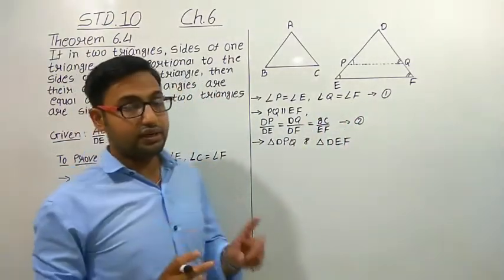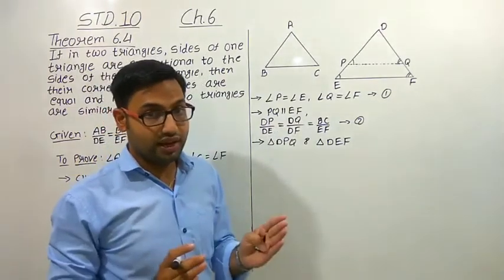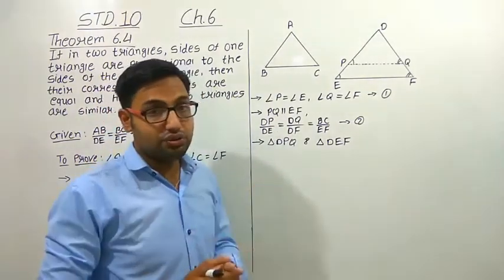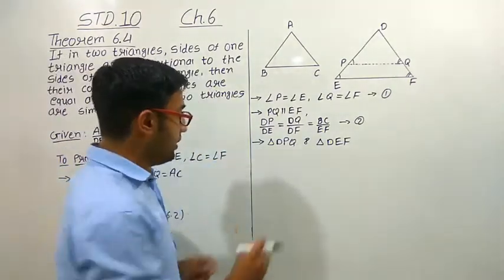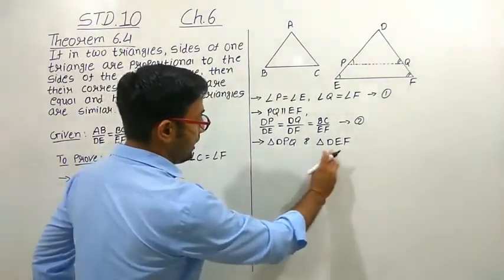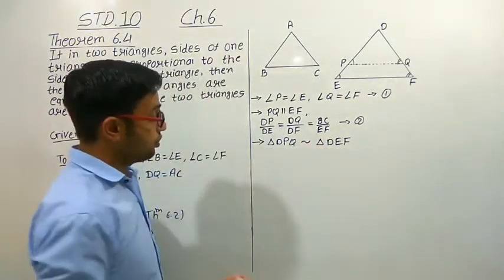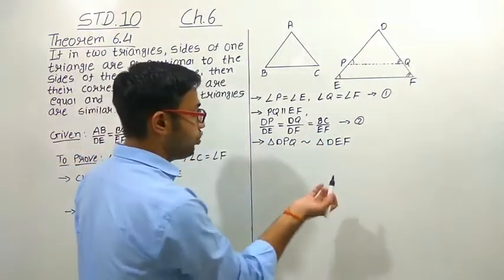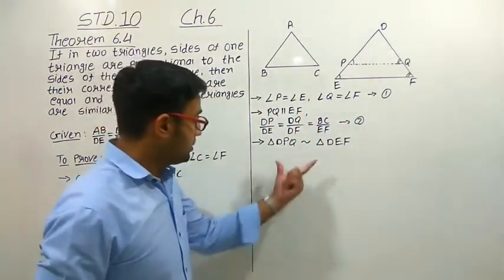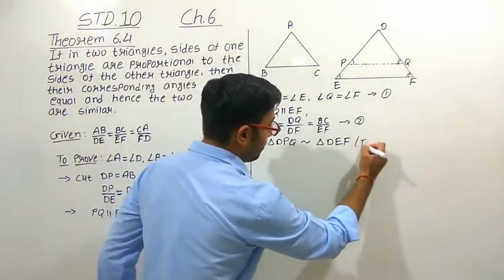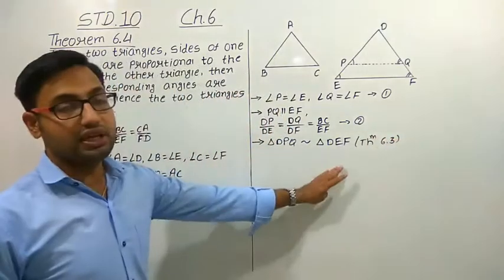So if any two triangles have three equal angles, then the two triangles will become similar. That we have studied in the previous theorem number 6.3. So now both triangle DPQ and DEF are similar, because all three angles are equal. Angle D is common, angle P and E are also equal, and Q and F are also equal. So these two triangles will become similar according to theorem 6.3,